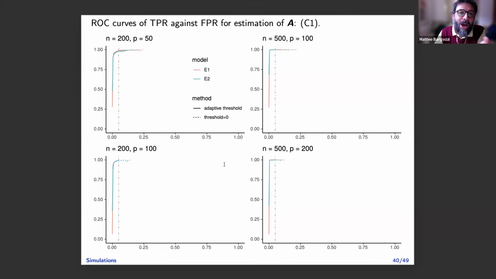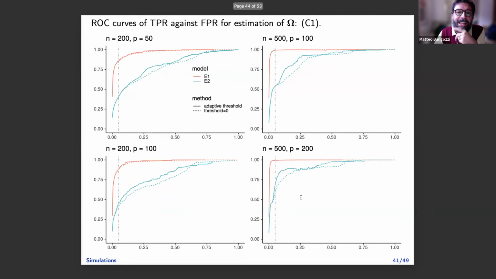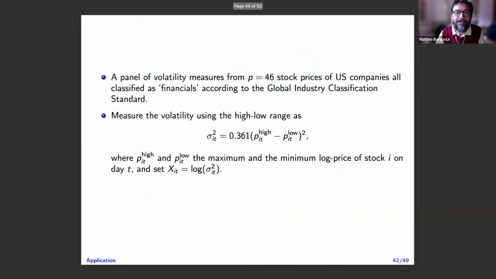Some simulations go well. These are ROC curves for the estimation of the VAR(1). So different configurations, everything works very well. Less nice when you estimate omega. Omega is a 3-step estimator, so there are some settings where this doesn't really work very well. Thresholding or not thresholding makes a difference between the dashed and non-dashed. So using that thresholding makes a difference, not a big one in some settings, in others. That's what it is, okay?